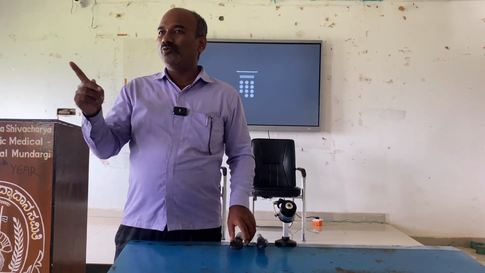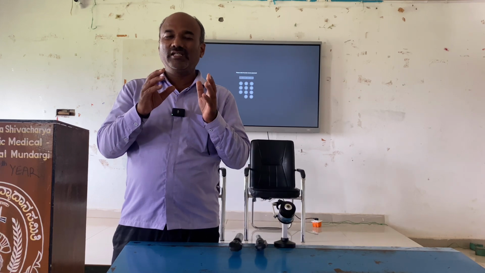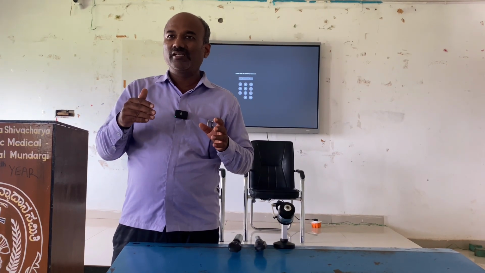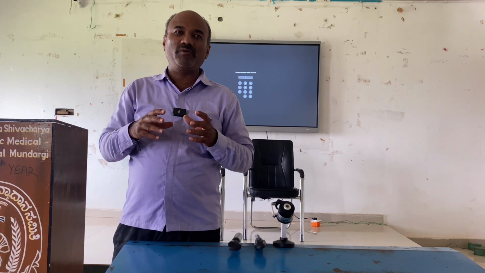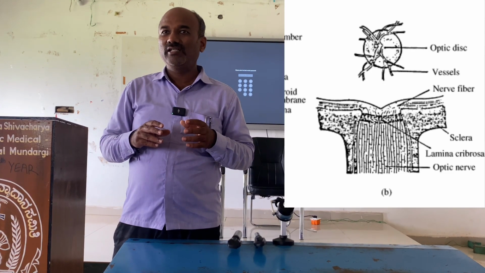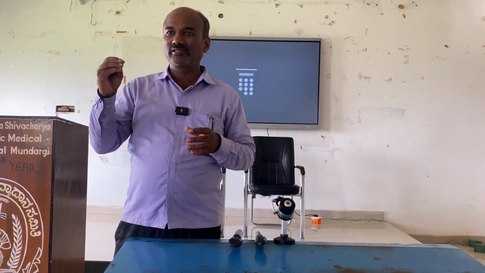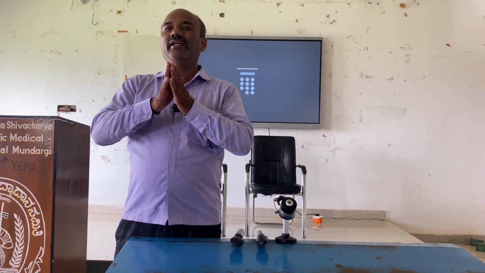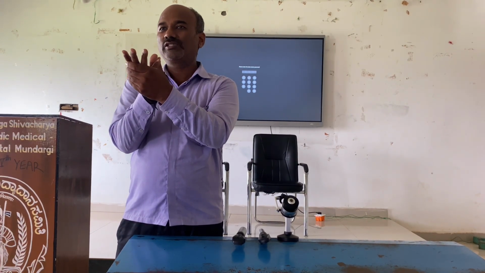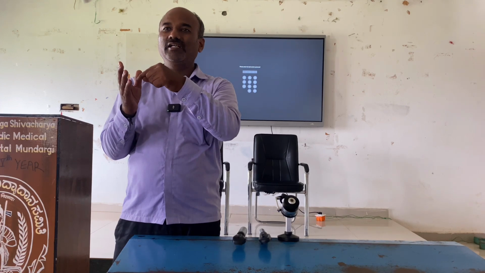Number two, the next illumination is the glaucoma gauze. We have a cup and disc ratio. The optic nerve is a bundle of fibers that originates from the brain, enters the orbital cavity and enters the globe through multiple perforations at the posterior pole called the lamina cribrosa, where the multiple small holes are made by the optic nerve to enter inside the globe. So it's a bundle of fibers. As soon as they enter the eye, they distribute in a 360-degree angle. A bundle has come inside and that has to spread. So immediately all the fibers separate and there is a deficient portion in the center, and that portion is called the